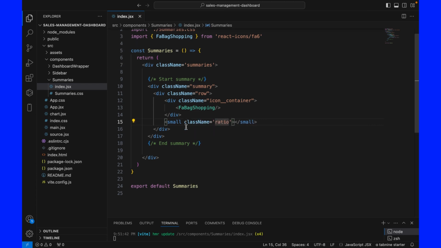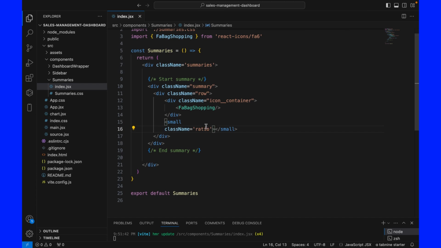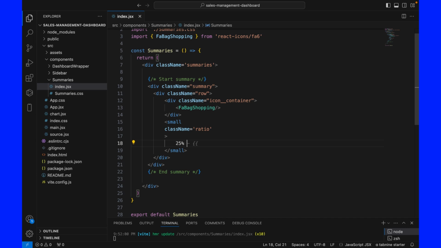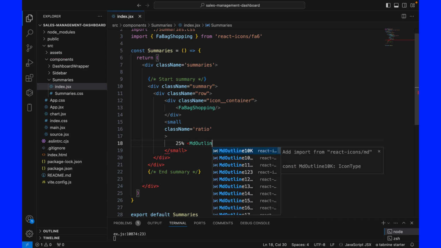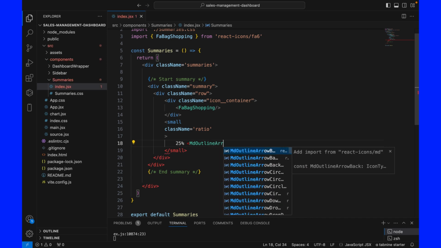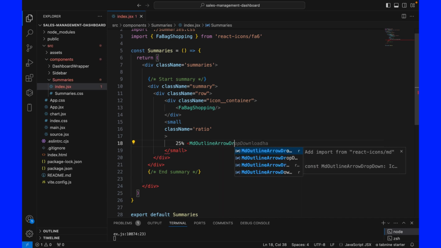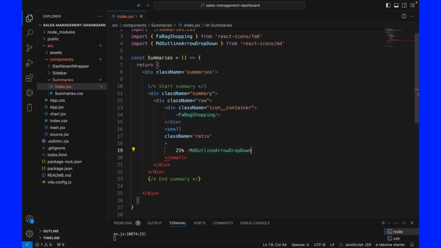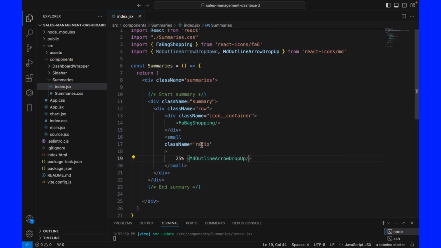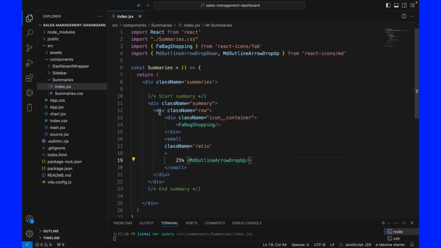Let's say ratio. Let's say 25%. Then let's add an icon, outline, arrow, drop up, no drop up, right? So